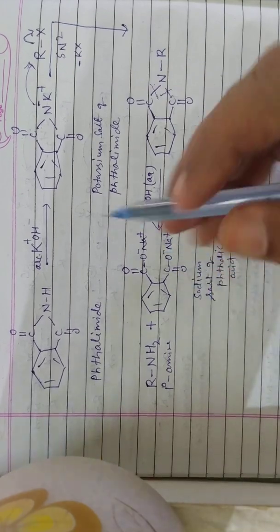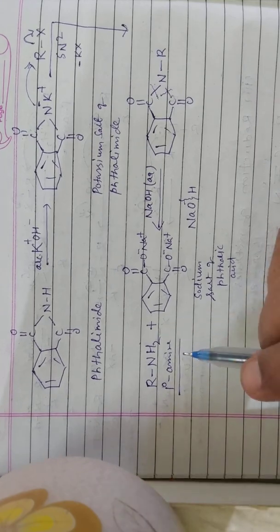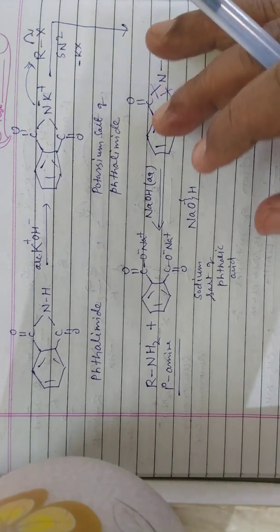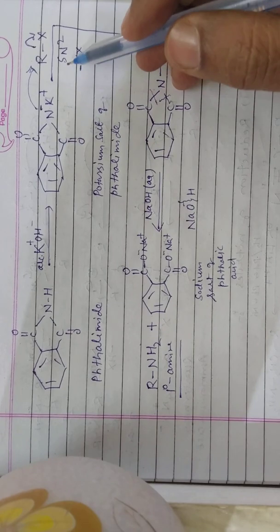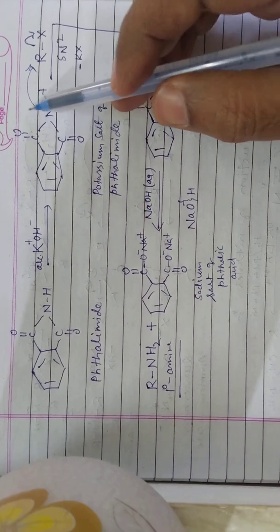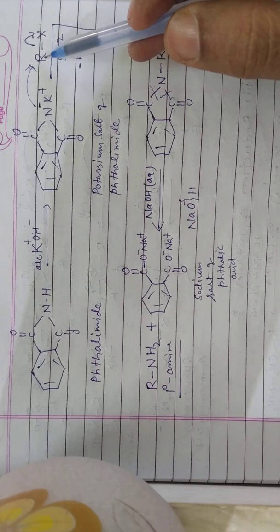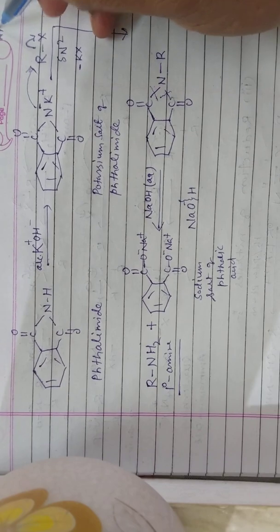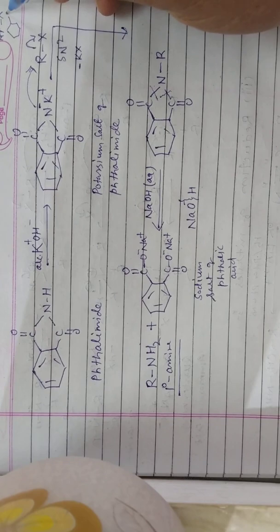So here by this process we have obtained 1 degree amine and it is pure. So this is a very important method. This synthesis is called Gabriel phthalimide synthesis. Now here you see this step. Here nucleophilic substitution takes place, meaning this is the alkyl group, and here a bulky anion is going to attack the alkyl group. But in place of alkyl, if aryl halide, that is ArX, a benzene group, is there,